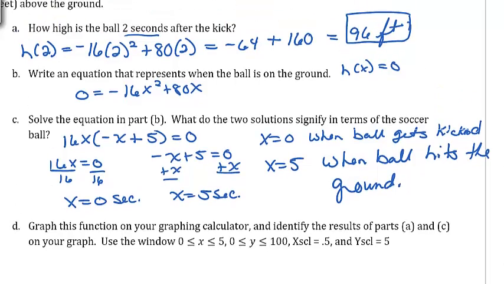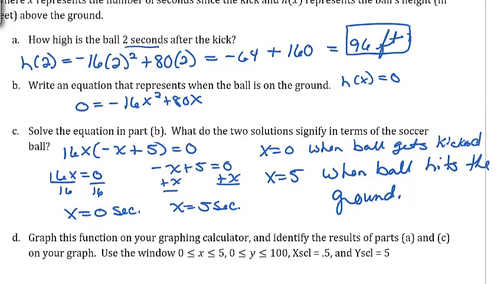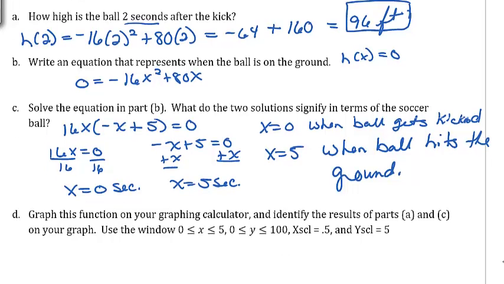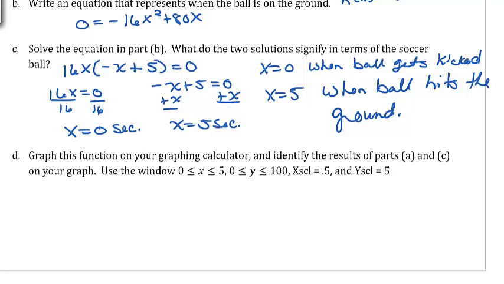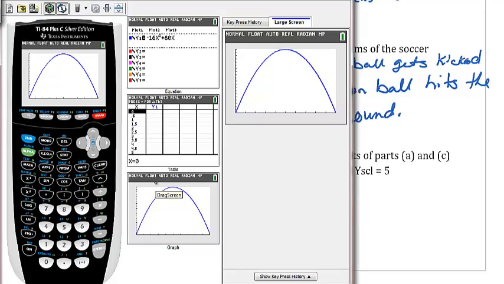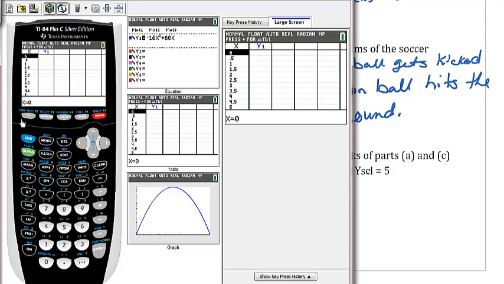And so the results from A and C, so we had after 2 seconds, the height was 96 feet, and also that our intercepts are at 0 and 5. So I think the easiest way to do that would be to look at a table. And so let's go into the table. So the table is written in blue right here. That means that you have to click the second button and then hit graph. And so now I'm in my table,